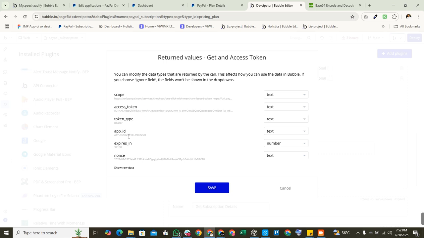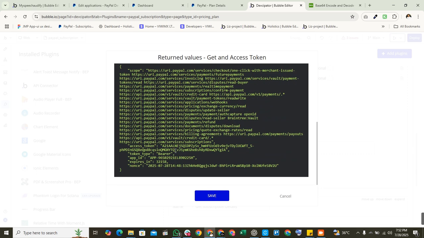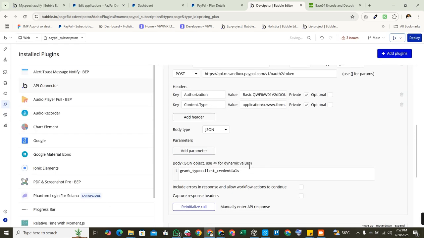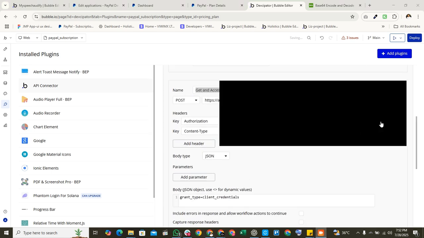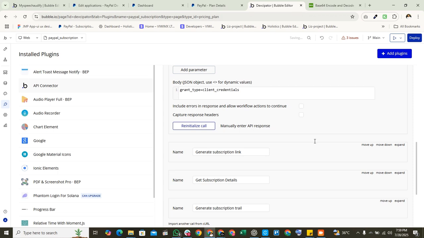Then there is this app ID and bearer token. So basically it looks something like this. Okay, so this app ID can be used by us, but for now leave it like this, save it. So this is basically just the first step of getting the access token. Okay, so the next API call we will be needing is generate subscription link, and in the generate subscription link, what we'll be doing is,